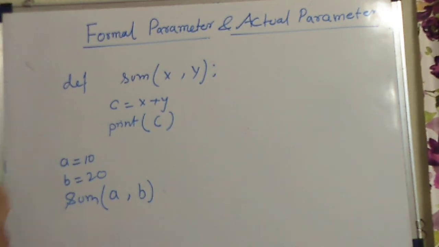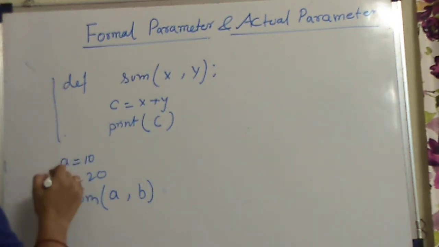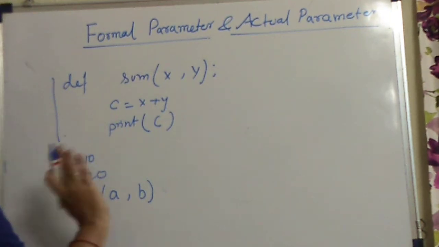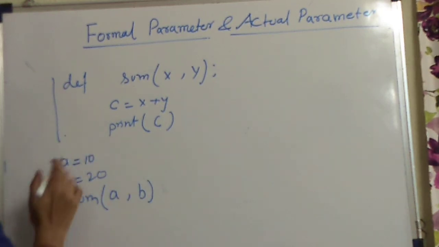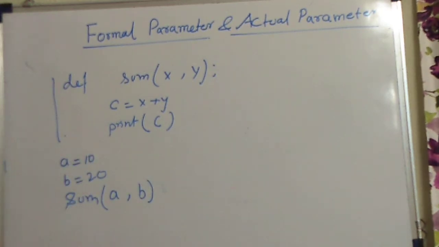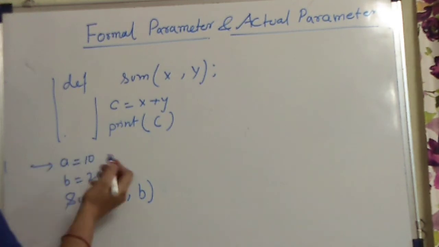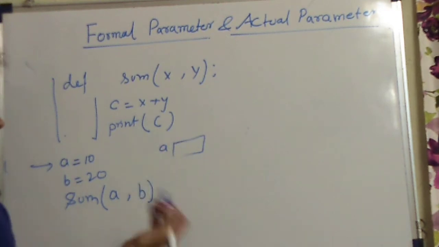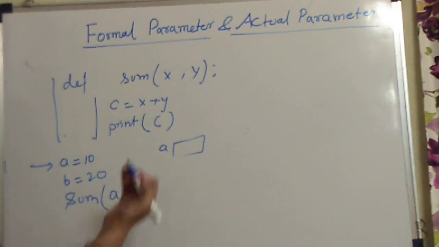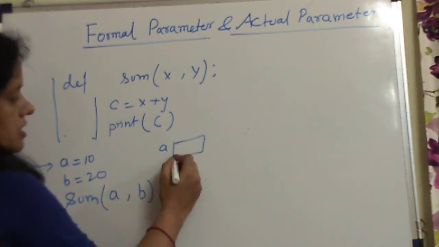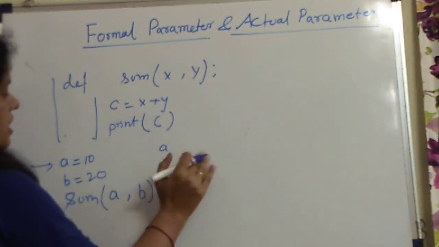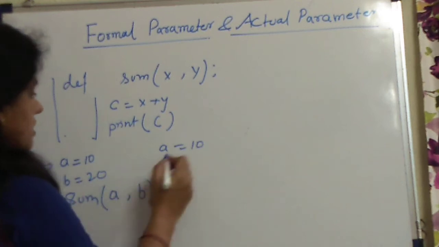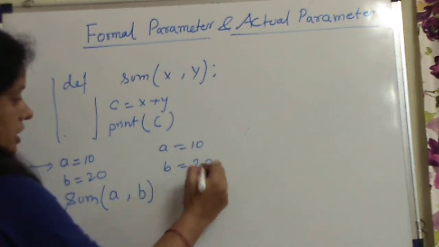Now very clear to you, this is the definition of a function once again, and a definition doesn't do anything, it is just the information. Till it is not called, it doesn't execute the statements inside it. This is the function body. Now what will happen? a equals 10, so a will hold value 10. As in the previous example I have given you, it is a reference, right? I am going to refer here like a equals 10, right? And b equals 20, right?